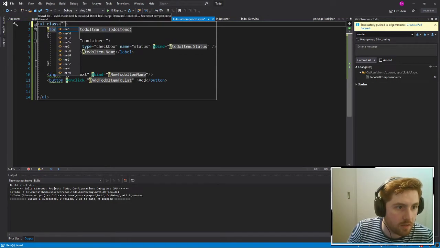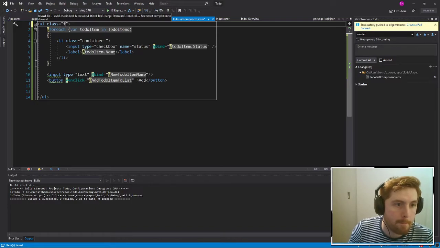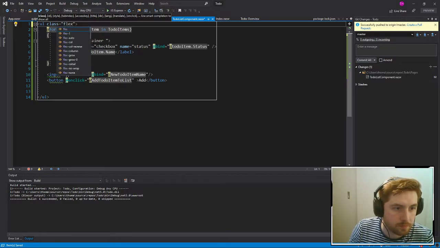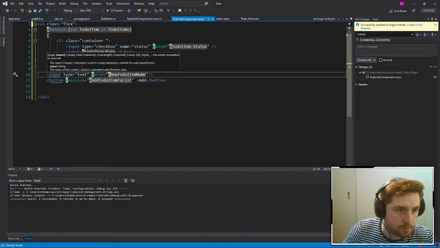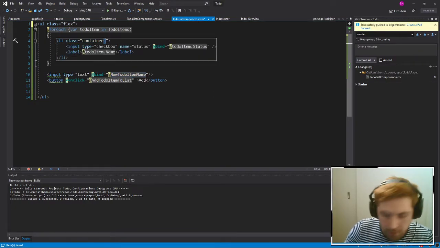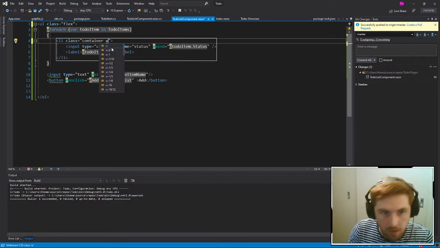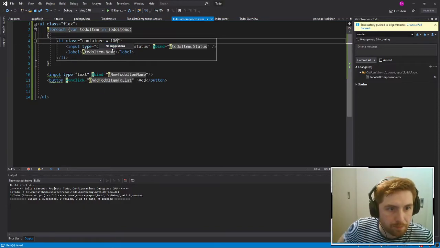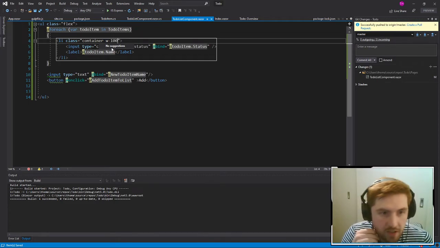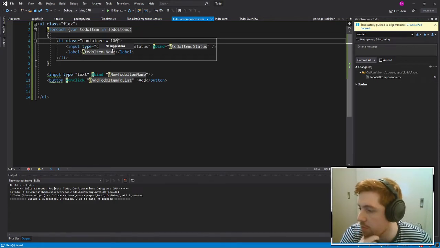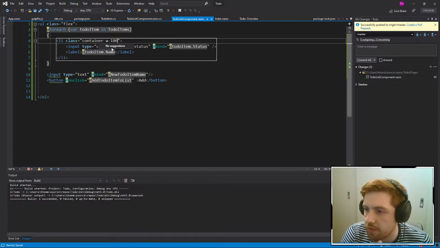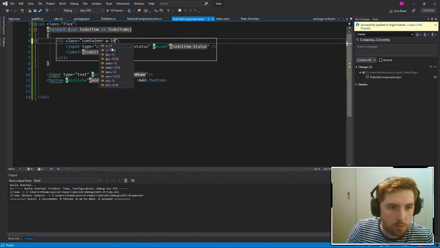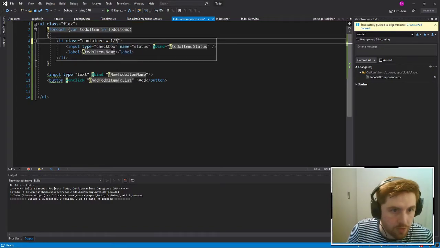Let's make this a flex. And for this we want a width of 100%, as we just want the thing to have the entire row, as it's pretty weird to have them next to each other. But if we do like one of three,